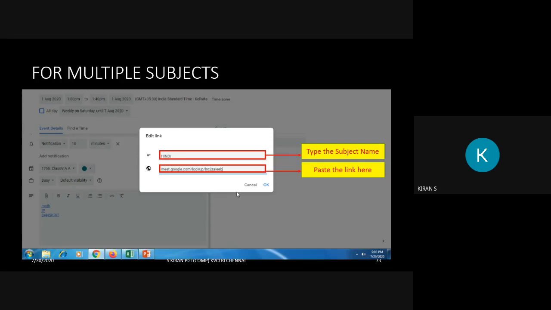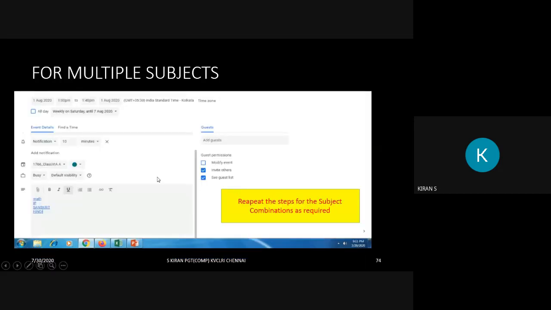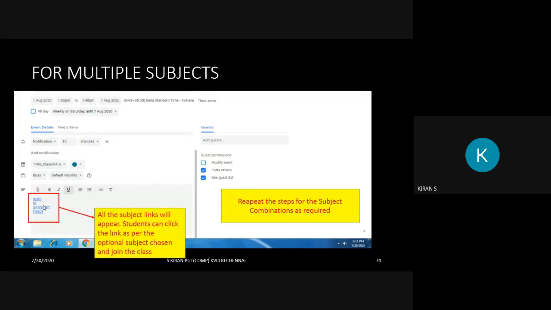And for other subjects, the class teacher can either generate the link herself or himself, or they can ask the subject teacher to generate the link and that can be pasted. Once you're done with all the subjects, it will appear like this even on the calendar. So the student will choose the appropriate subject and join the class.